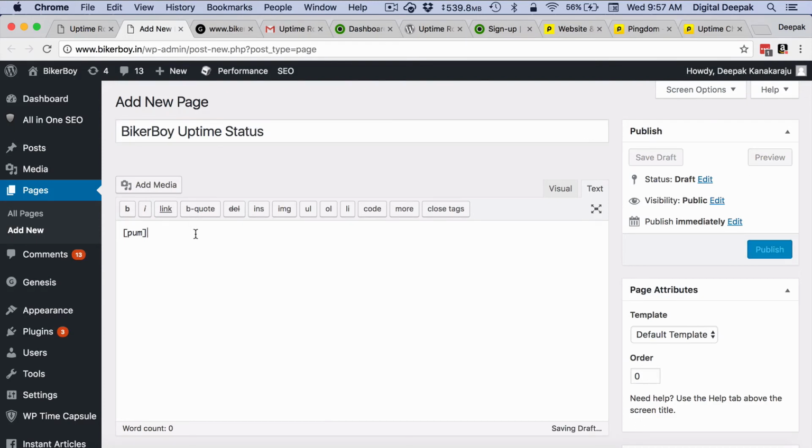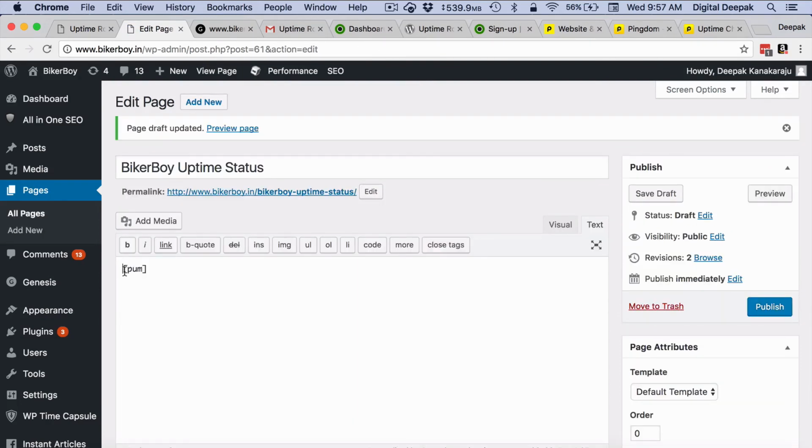I just need to paste this shortcode with square brackets, and let me click on save. I can also enter a short text here, so I will just copy paste the same thing here and click on publish this page.